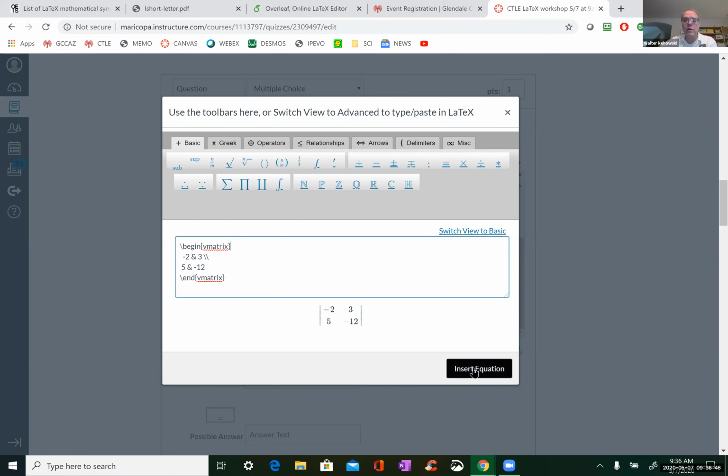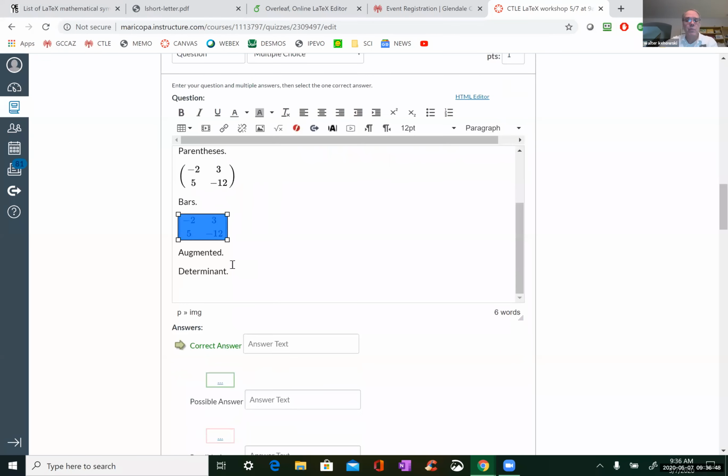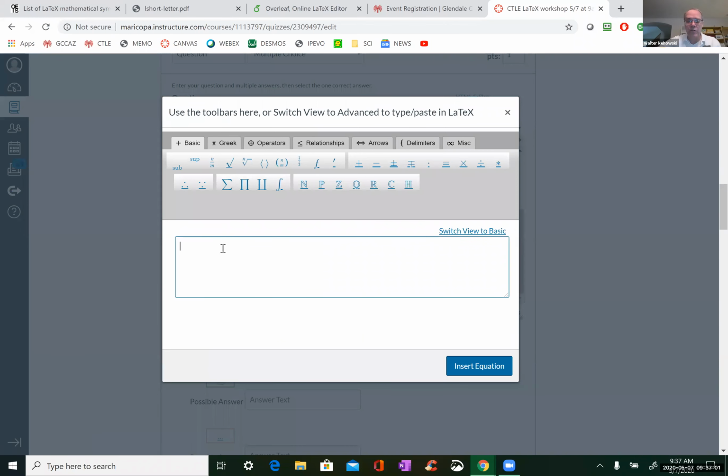Oh, well, okay, let's move down. We'll try that later. But now if you want to do something like an augmented matrix, now that's a little bit trickier. It can be done, but let's just do a 2 by 2. Now you're going to want to use your left and right, but they don't have to be the same symbol on the left and the right. Okay, now I'm going to move that down a little bit and get that out of the way.